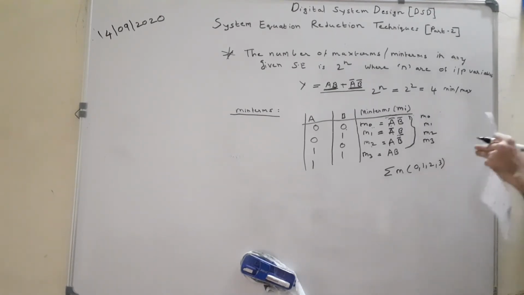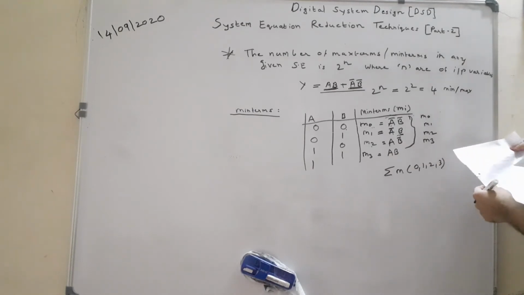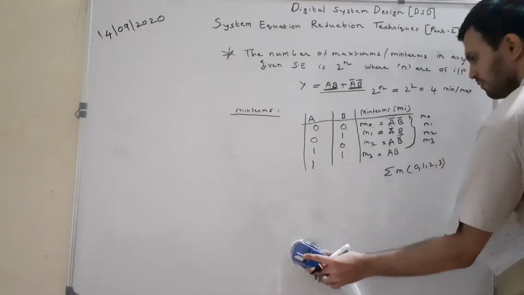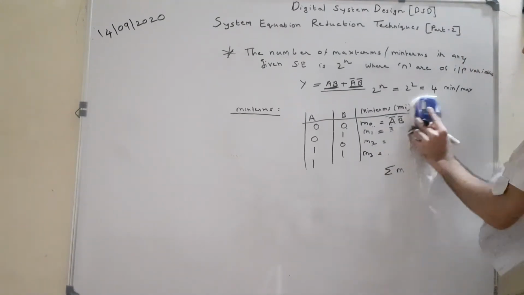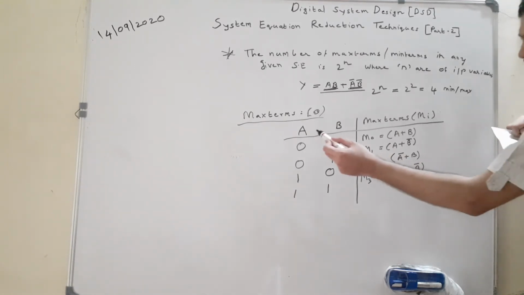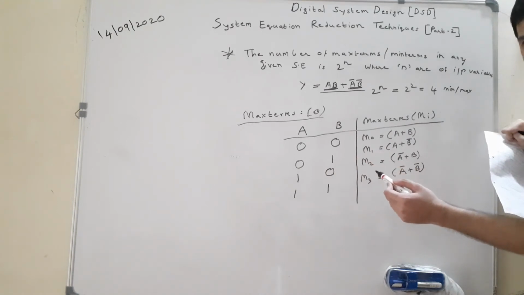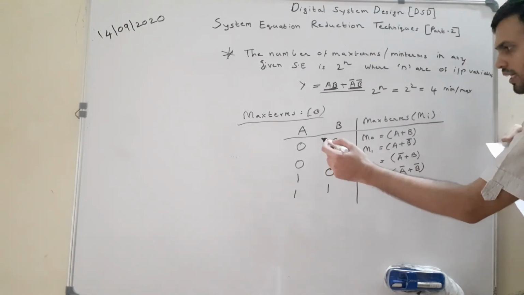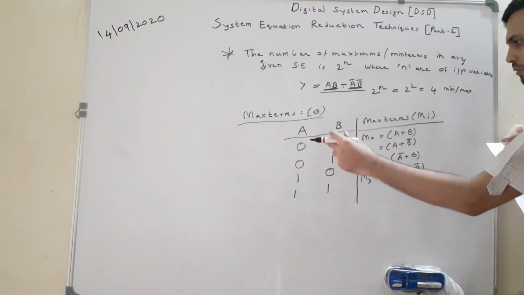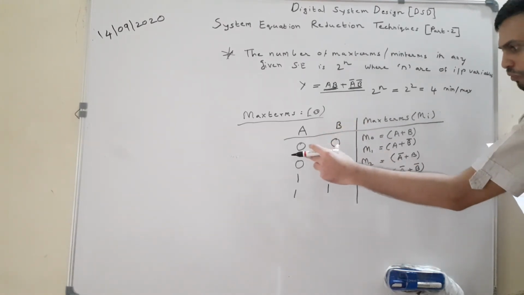Now let us move on further to identify what the max terms are from the expression. Now we will study how we are supposed to represent max terms, just as we studied in the case of min terms. Now we have two input variables and we want to write their max terms. When there are two input variables, then I have four input combinations.